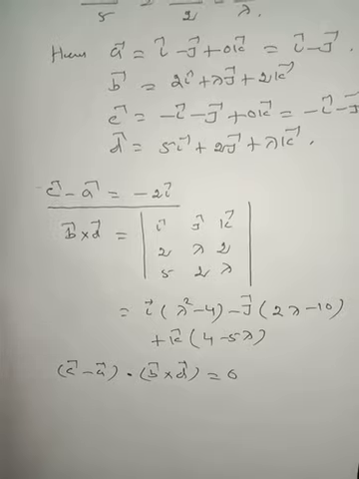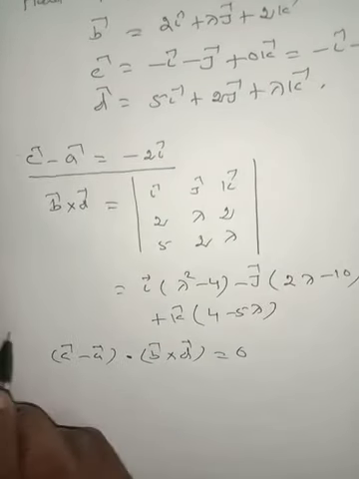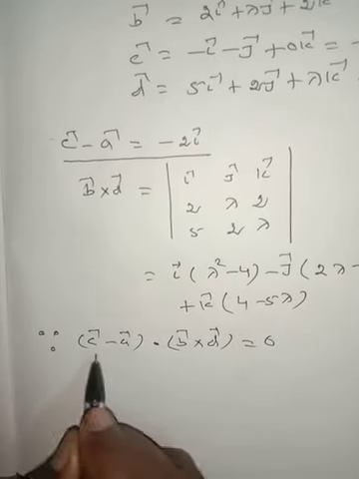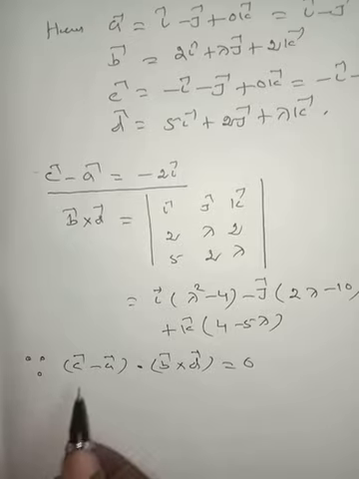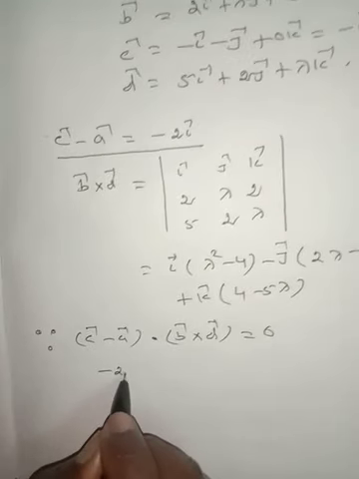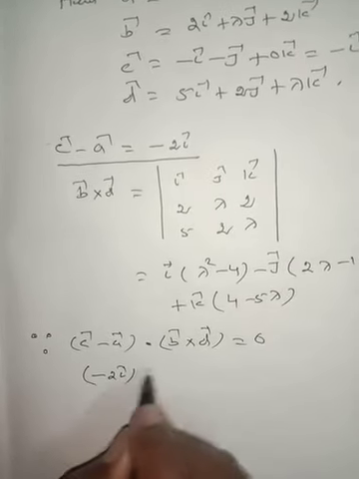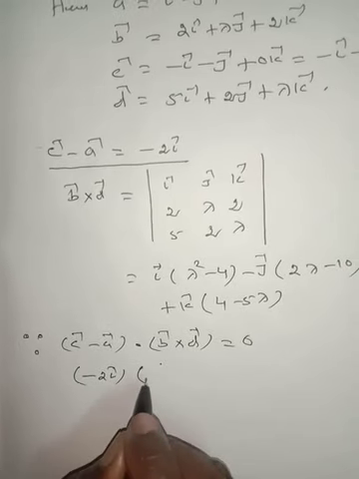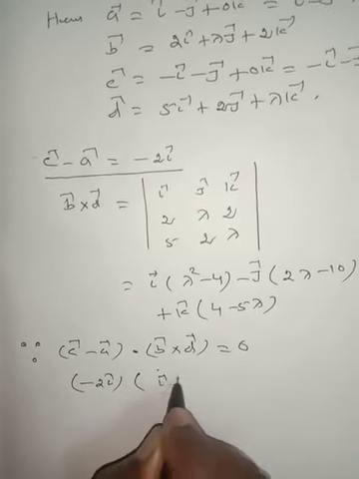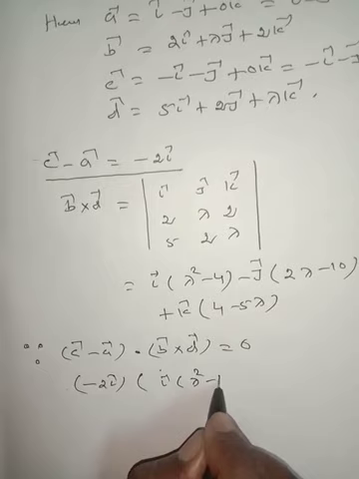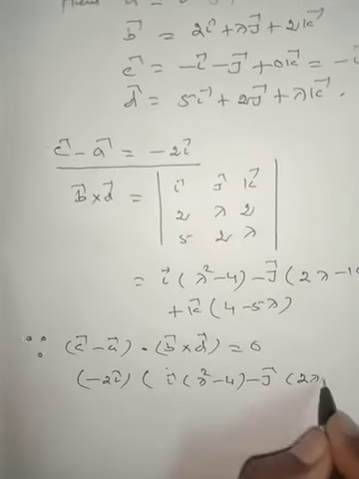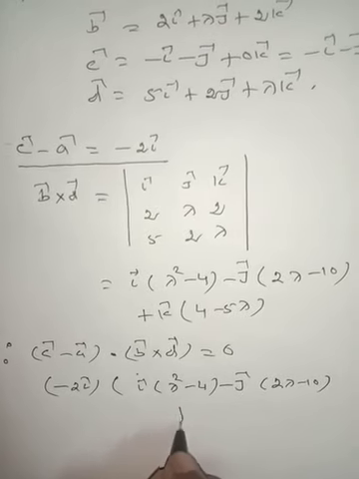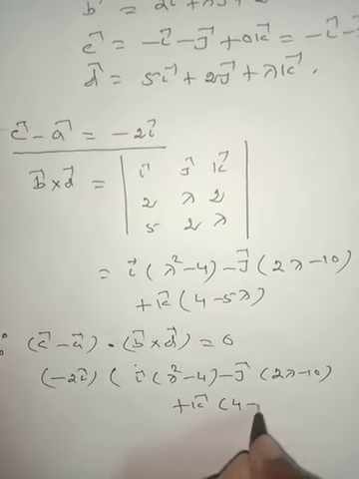Why? It is given that the two lines are coplanar. So since (c vector minus a vector) dot (b cross d) is 0, now c vector minus a vector is minus 2i vector, dot i vector of lambda square minus 4 minus j vector of 2 lambda minus 10 plus k vector of 4 minus 5 lambda